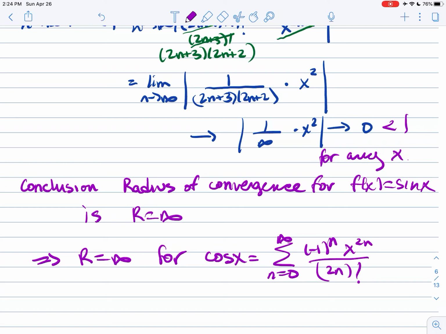Okay, next up, we're going to talk about verifying that our power series expansion actually converges to sine x, or that our power series expansion actually converges to e to the x. And we will